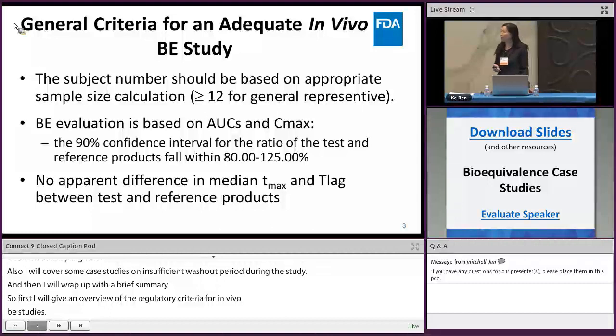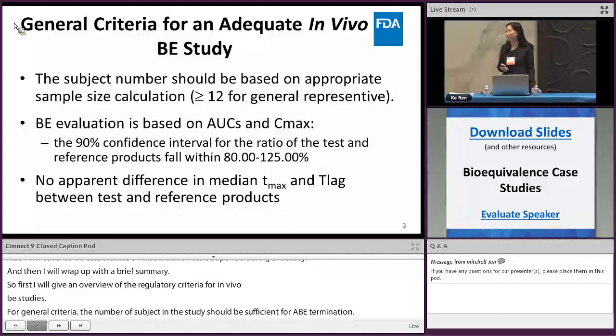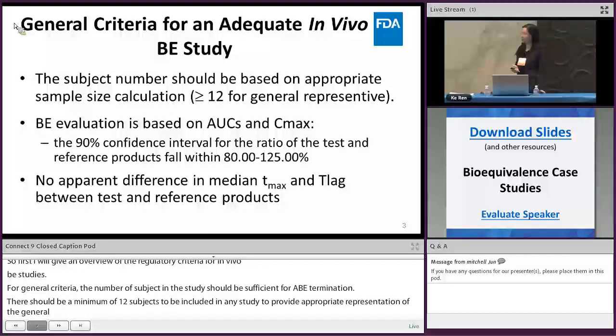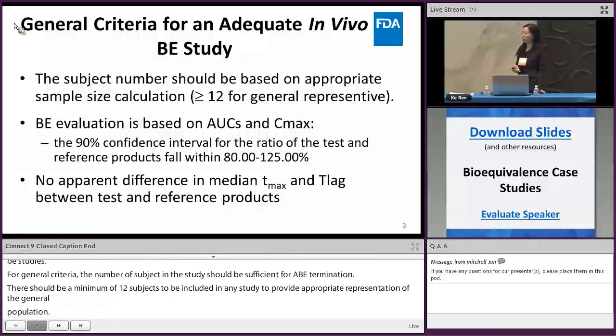A minimum of 12 subjects should be included in any study to provide an appropriate representation of the general population. For both single dose and steady state studies, a 90% confidence interval for Cmax and AUC should meet